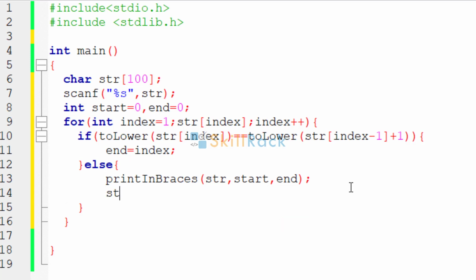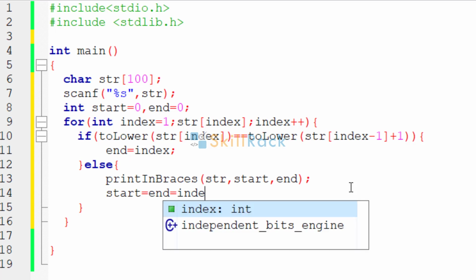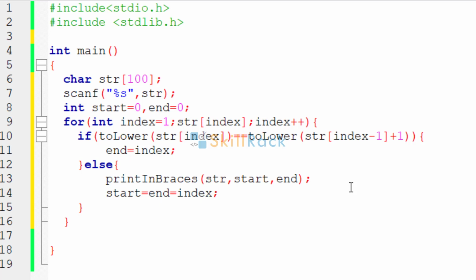Then what should you do? You should say start equal to end equal to index, because you are again resetting the values. So finally, after coming out, because the last characters can be in sequence without a break. So what do I mean by a break? Where the characters are not equal. Only then else part will be executed.